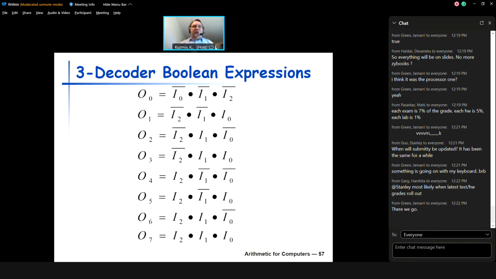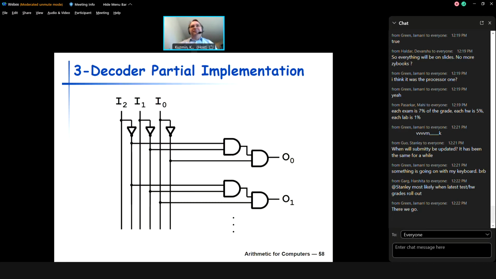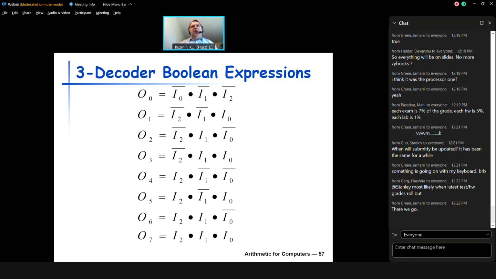And you can imagine it would be even more gates if we asked you for a 4 decoder, because for a 3 decoder there are 8 outputs. For a 4 decoder there would be 16 outputs and so forth. So think about a 5 decoder or 6 decoder. That would be a lot of gates. And for that reason, it is very attractive